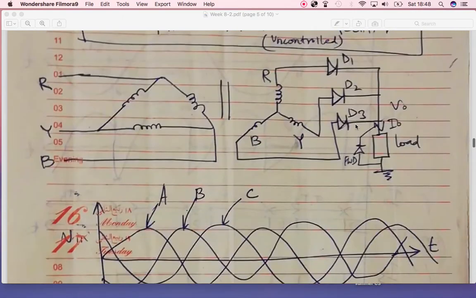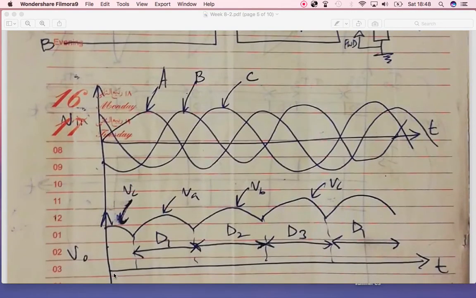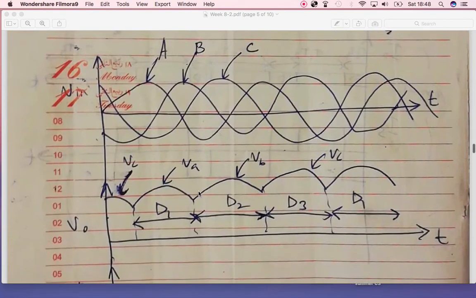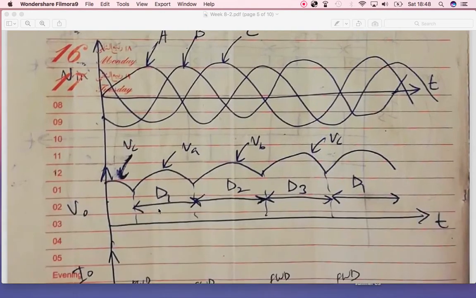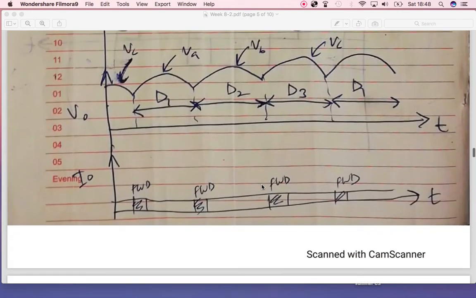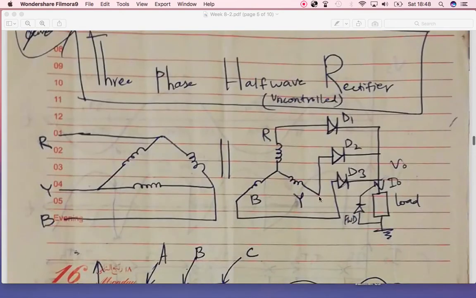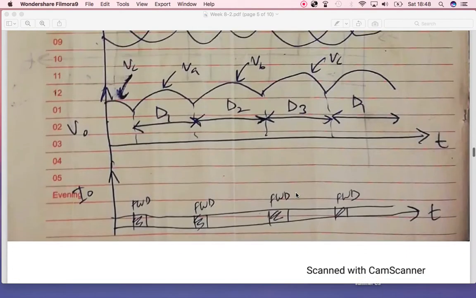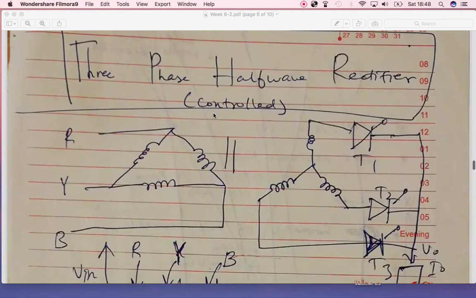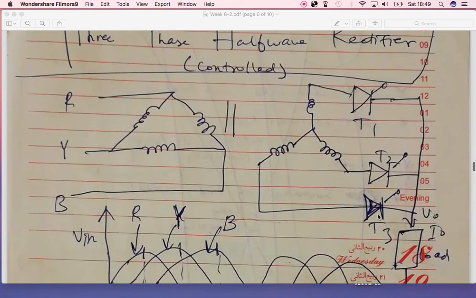And when we see the behavior on the load side in the voltage waveform, we have this kind of signal where at a time one diode will be operating, and then we have the output current waveforms. And this is a waveform which gives us the picture of this uncontrolled three phase half wave rectifier, and then a controlled three phase half wave rectifier, which replaces the three diode switches with the controlled switches of thyristors.